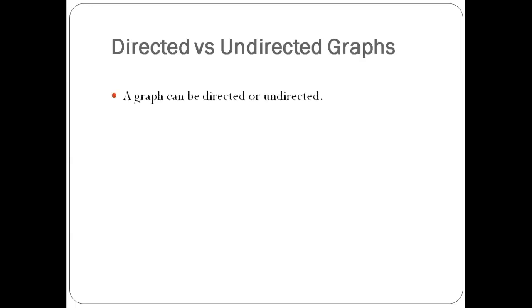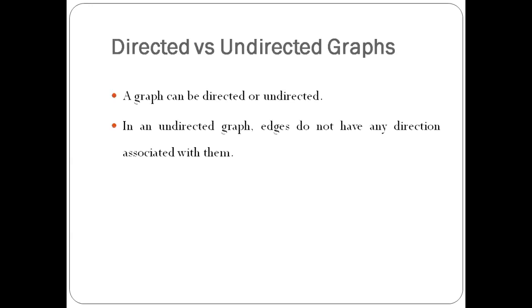Now a graph can be either a directed graph or an undirected graph. In an undirected graph, the edges do not have a direction associated with them. For example, in the given graph, V1 and V2 are connected with an undirected edge. It means the user can travel from V1 to V2, and at the same time can also travel from V2 to V1. In the same way, a user can travel from V2 to V3 and vice versa, and the same for nodes V1 and V3. So in an undirected graph the communication is bidirectional, meaning the user can travel in a forward as well as a backward direction.